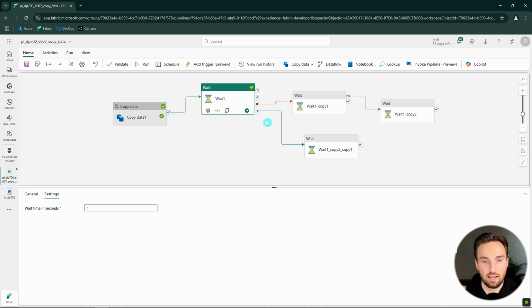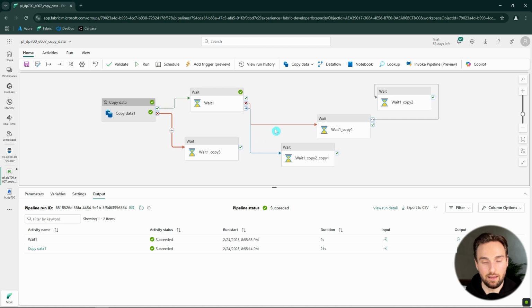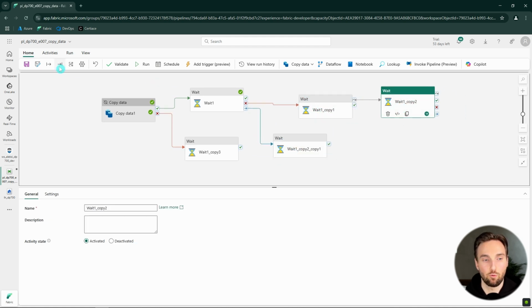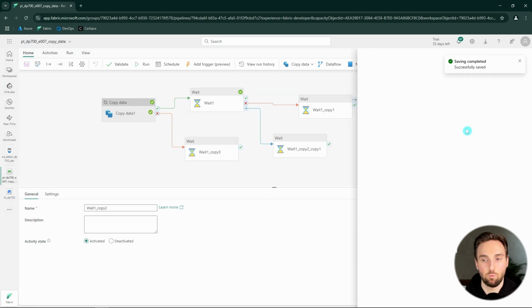And then we can just add one more wait activity here and add, for example, on fail here, and see which of these activities will actually execute when we run this. And now we can run this pipeline and let's see what happens. And let's click save and run, and then we would have to define those parameters, but since we're skipping that